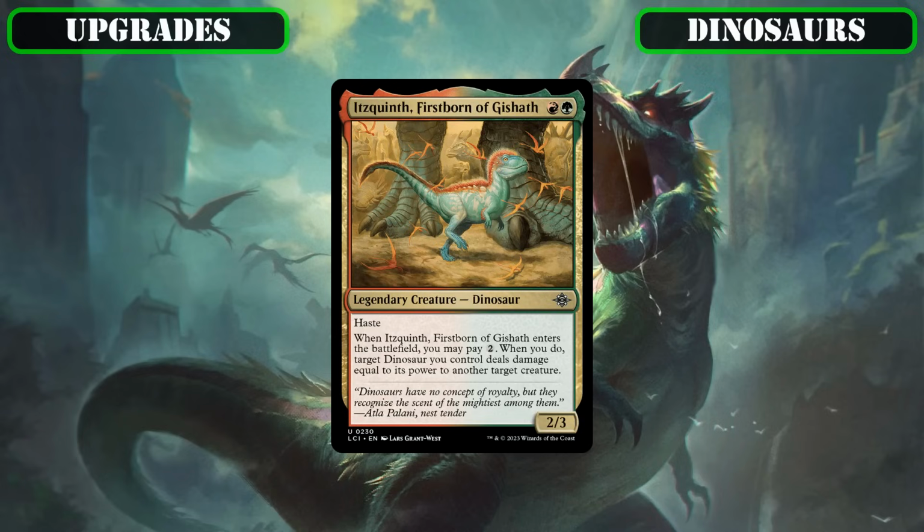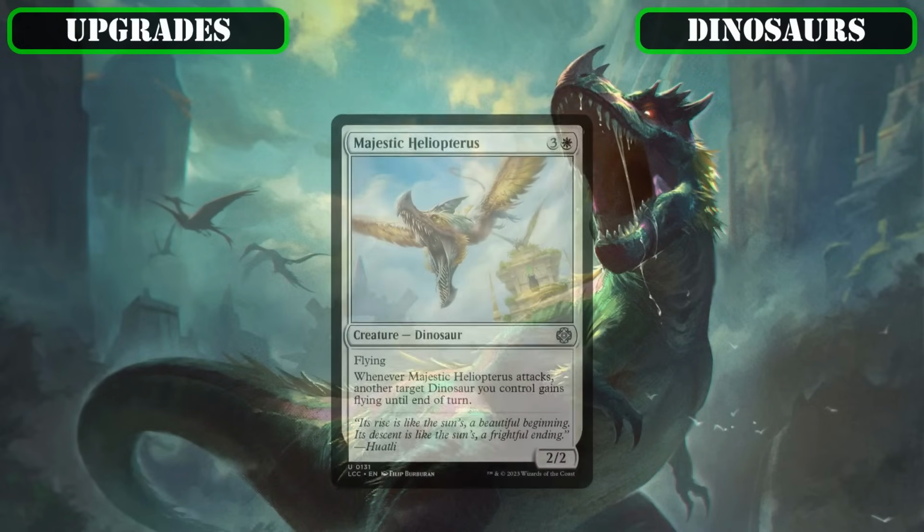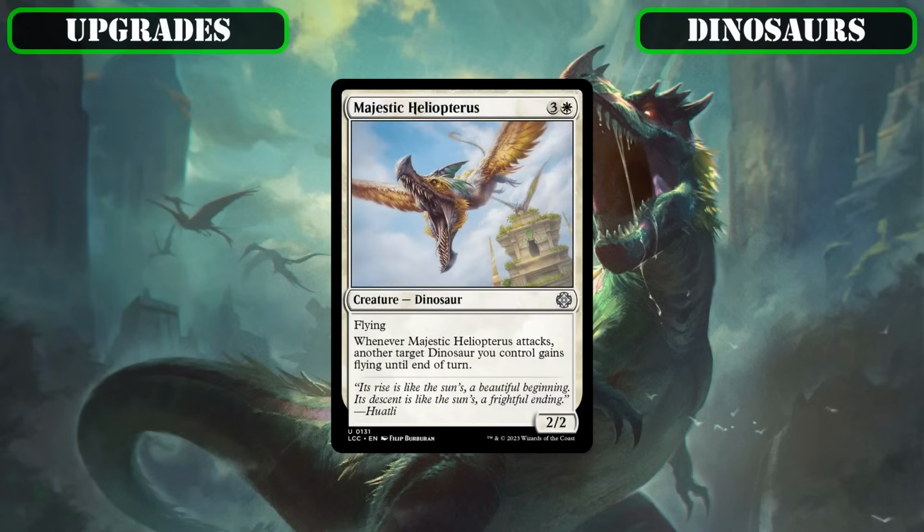its ETB fight effect that we still have to pay for not being good enough to warrant its inclusion, so we can add in Silverclad Ferocidons, whose AoE edict removal upon taking damage is much more the speed of removal we're looking for to disrupt our opponents with while it cracks in, and Majestic Heliopterus being sent back to the Aviary,